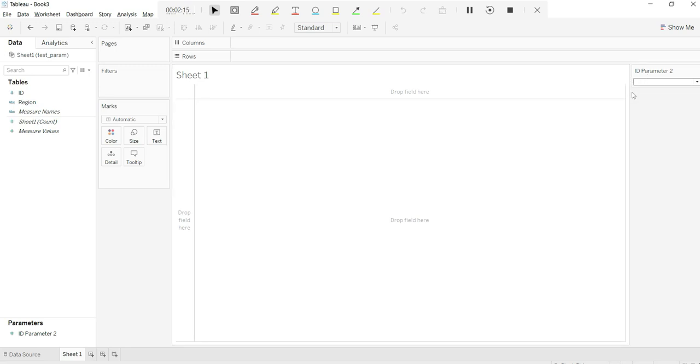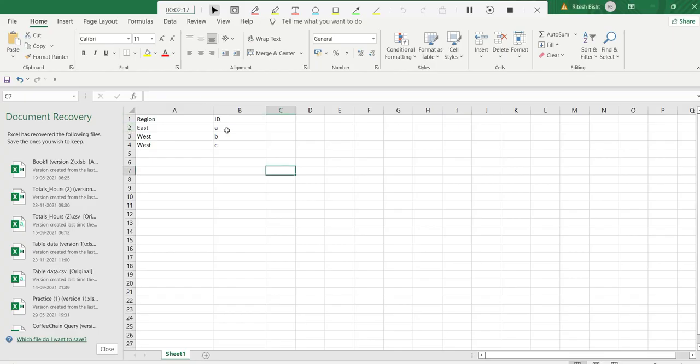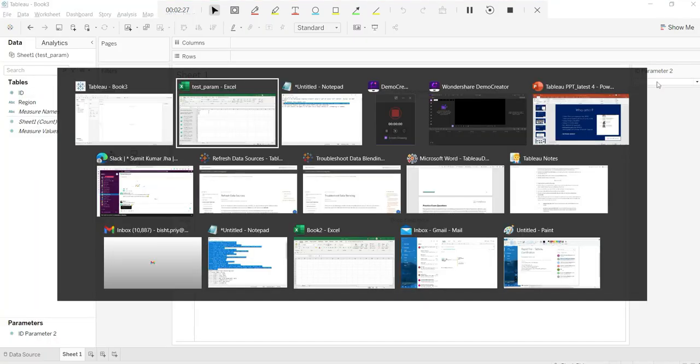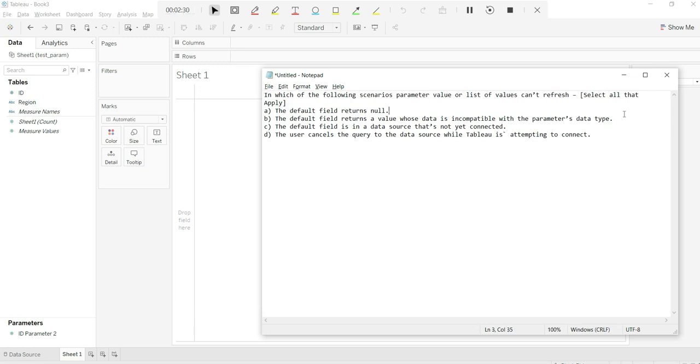It will not refresh because it's incompatible. ID is of type number, but here you have strings over there, so it's incompatible, so it will not refresh. So the second looks okay.